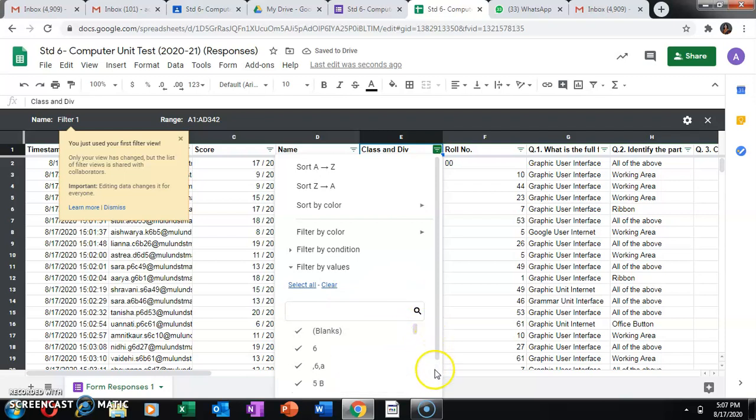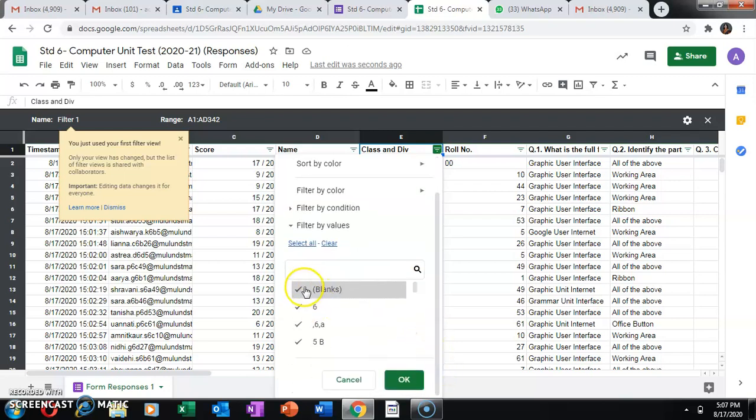Okay, you can make a column of division separate and class separate, so you can come to know properly. Here suppose I want the 6th A grades, so I will click on 6th A and others I will keep it off.